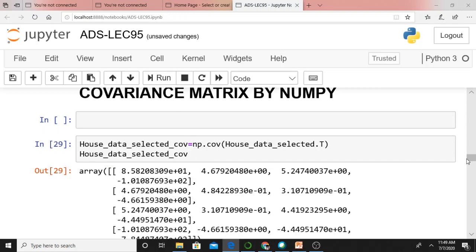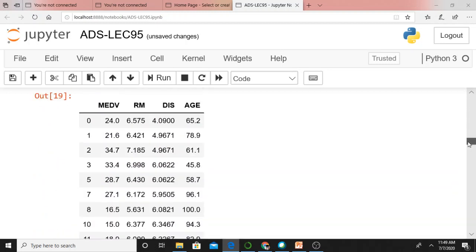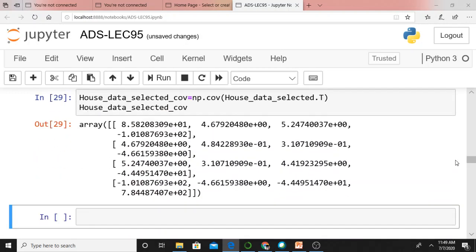Just observe this one. What are the column names here? MEDV, value of the house, average room numbers, distance, age. This is 4 rows and 4 columns. This is covariance.